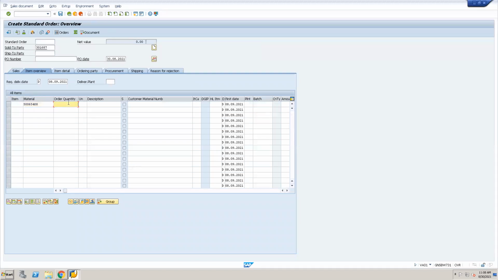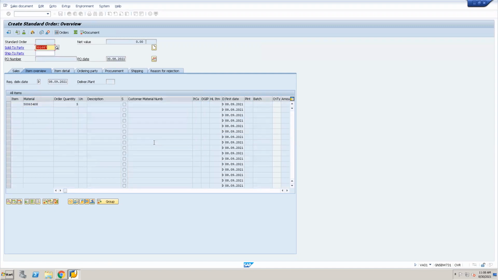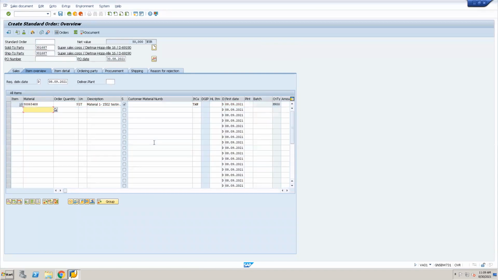So for example, I have placed 5 as a quantity. Here, there are two things. One is appending HTTPS:// twice. The second one is, now you can see whether any free item has been determined by the system. No. Why? Because we gave an order quantity of only 5. So the offer starts from 10.